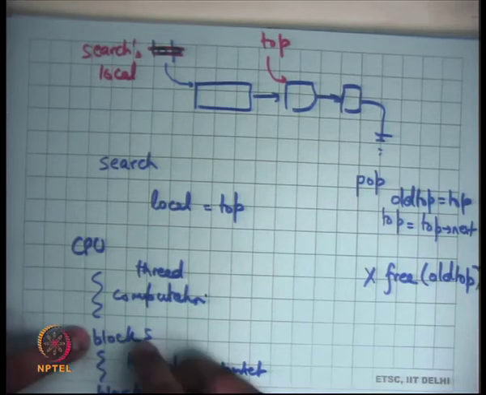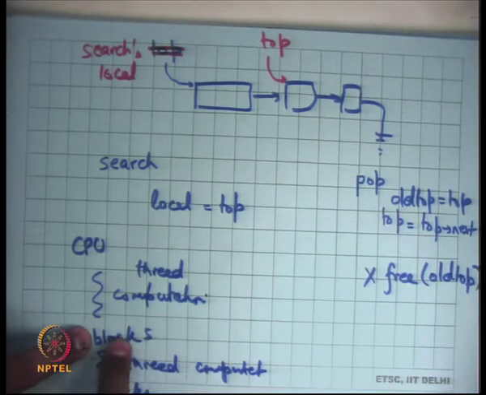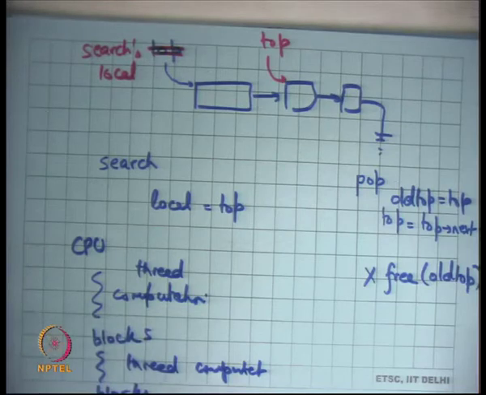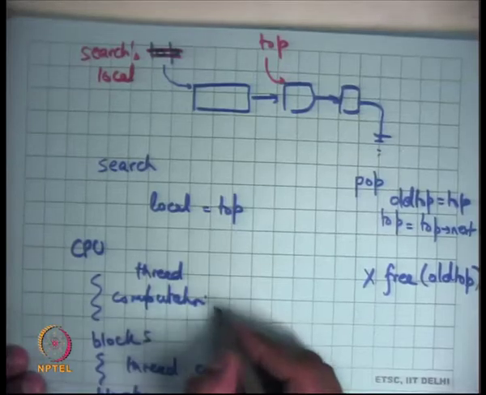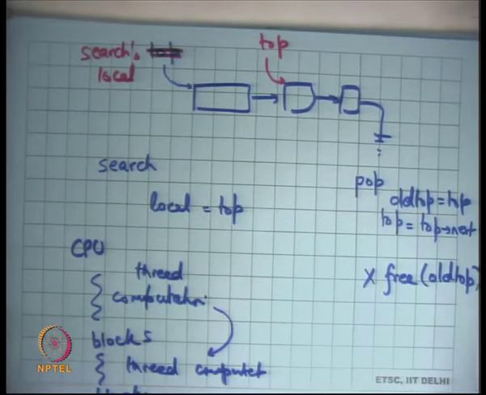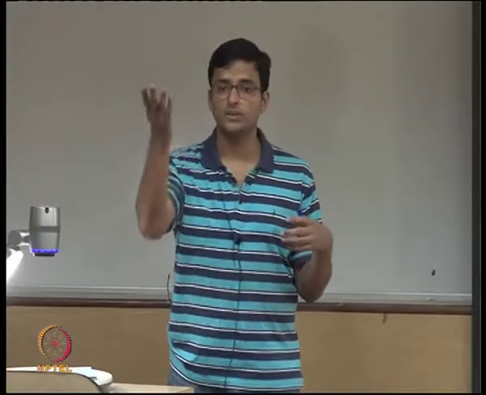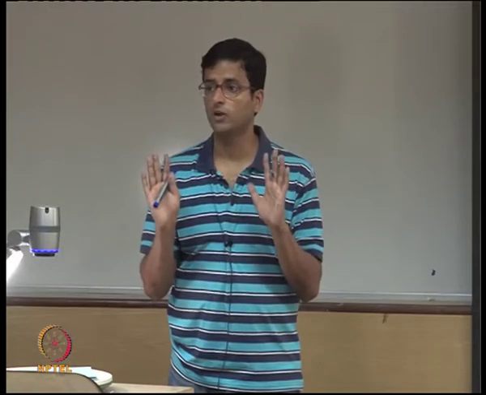If I could be sure that before blocking, all local references to any shared data structures have been given up, that would be very helpful to me, right? If I could be sure that across this blocking, I couldn't be holding a reference, a local reference in my stack or register to something that's global, it would have solved the problem for me,